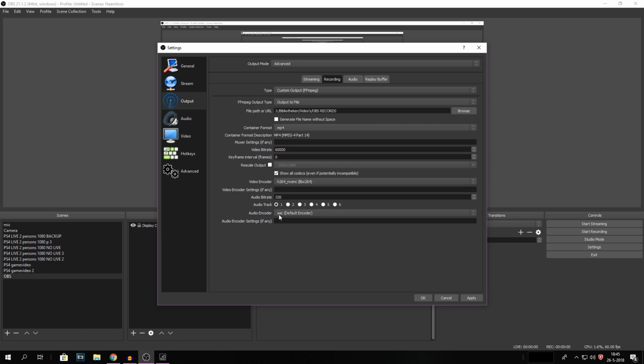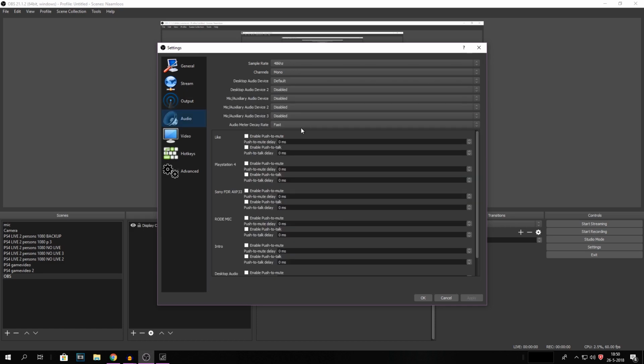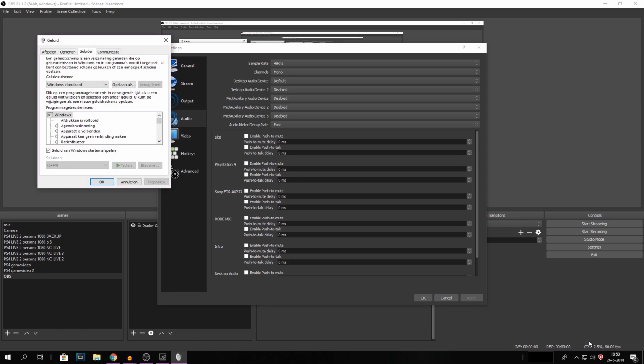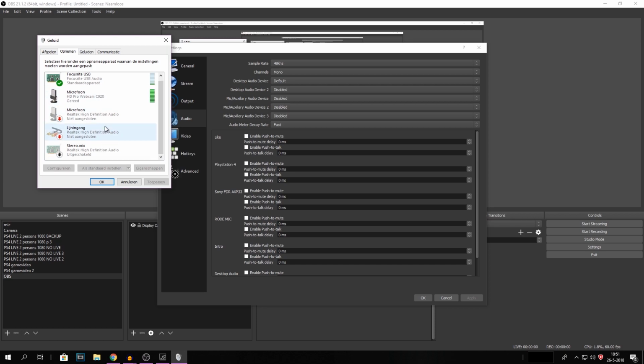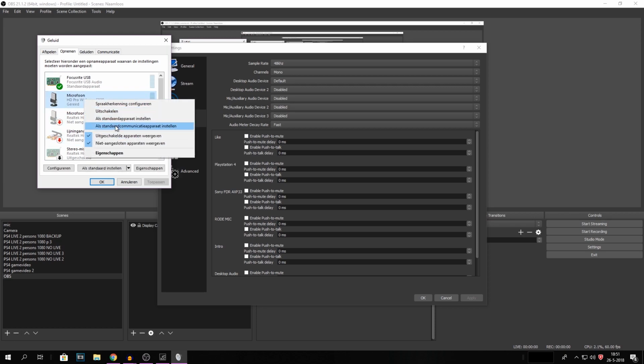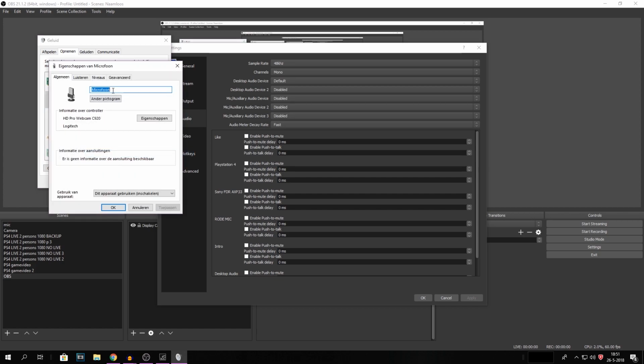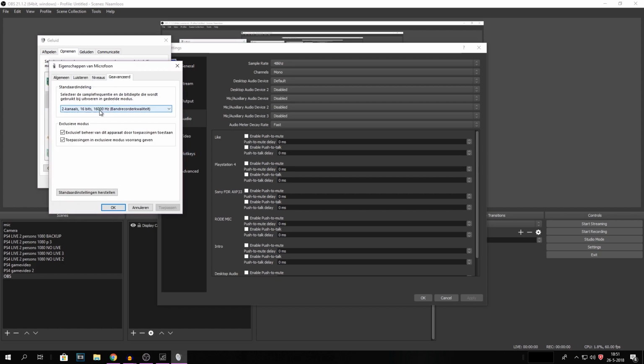It's actually default. Something very important with your microphone is the sample rate. The sample rate has to be the same sample rate as your microphone is. And how do you want to check that? It's really easy. You go down here. You go here to sounds. Then you go to recording. And I've got a microphone right here, which is my webcam. You just go over here. You go to properties. You go to advanced. And it says